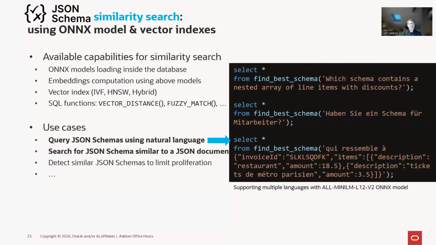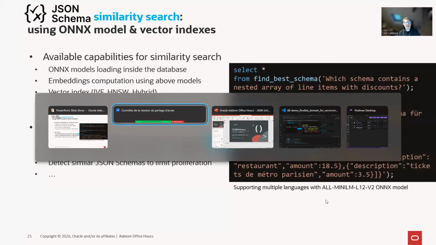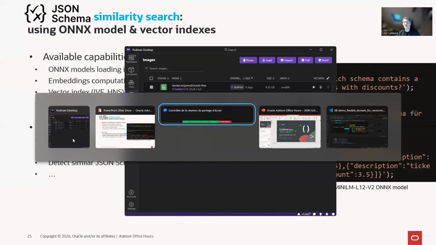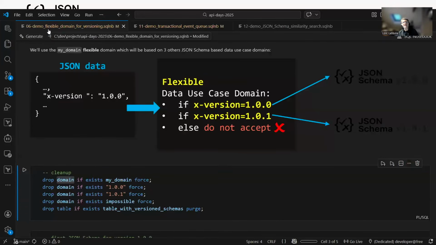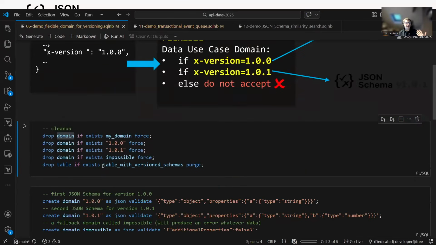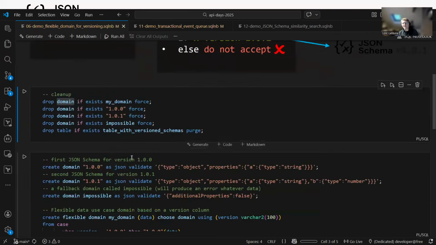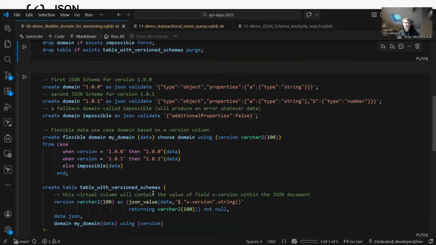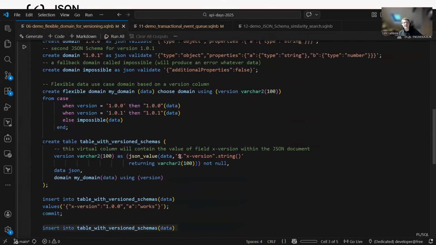Just before getting to the roadmap, let's get to the example so that we can learn together. On my laptop, I've got this Oracle Free container deployed, and I'm connected to it using the VS Code extension, right? Here is basically a SQL notebook where you can specify text, markdown, pictures, and as well code. I'm not sure that one is useful to show you because it's very straightforward. Just a reminder about versioning: you have to use a virtual column to extract the value from your data.